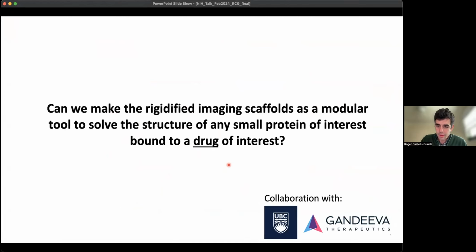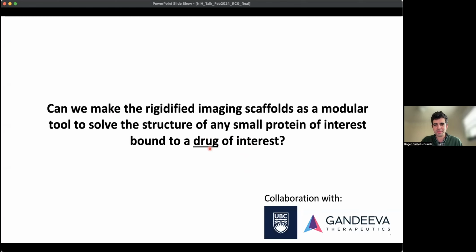So we collaborated with the University of British Columbia and Gandeeva Therapeutics because they were interested in studying proteins with cryo-EM and to develop and to study, for example, how drugs interact with them. And they were like, you can come here to Vancouver. We will give you microscope time and we can test how this works. And I was like, sure, let's do it. So I traveled to Vancouver and we did the following experiments, and I'm going to show you some of the